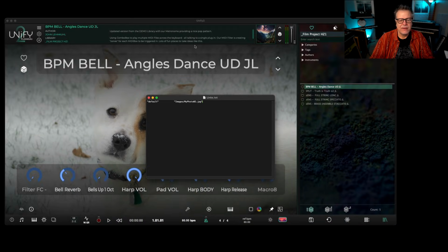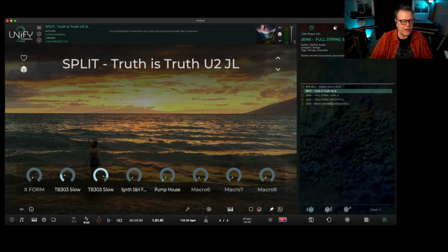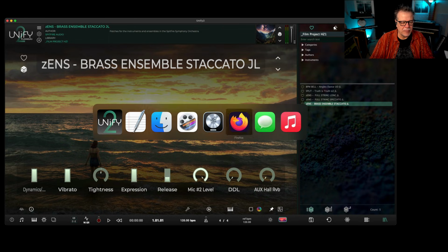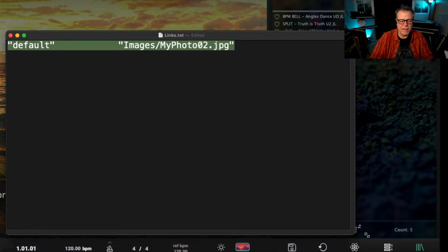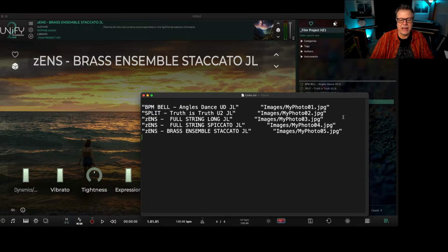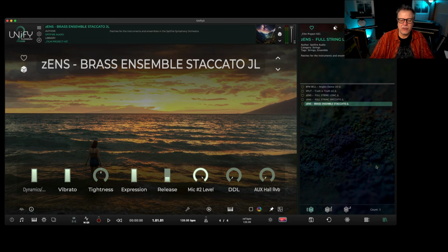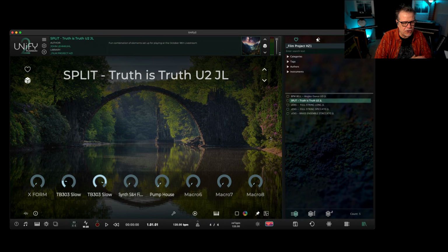Now save this. And now when I go to the library, all the patches will now call up just Hannah in Maui with the sunset. So you can have it be simple with just a single image. That be setting up as a default like this. Let's make this bigger so you can see exactly what it is. But if I want, I could make it where it's more complex. And now it's a specific image per patch. So now I save this. And now when I go to each of these patches, it's going to call up an image that's assigned to that patch. So that's how you get your images into Unify and how you make a library